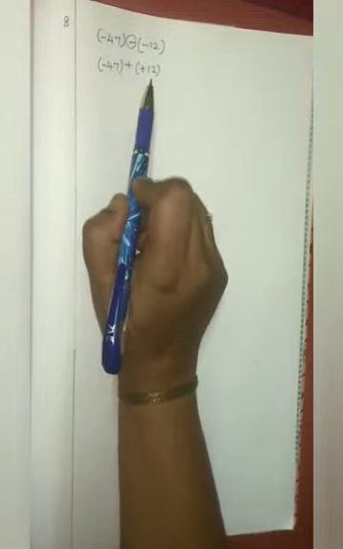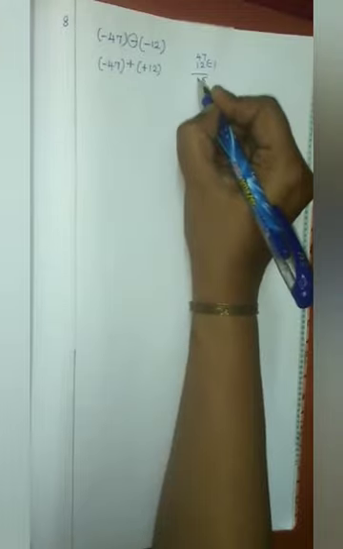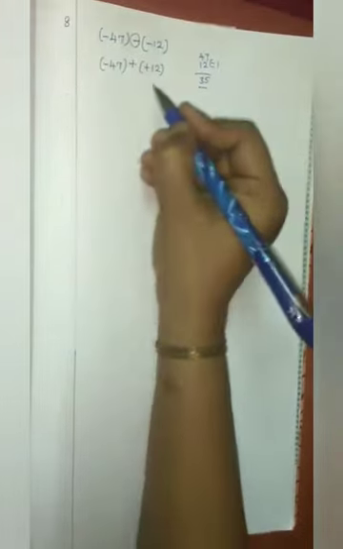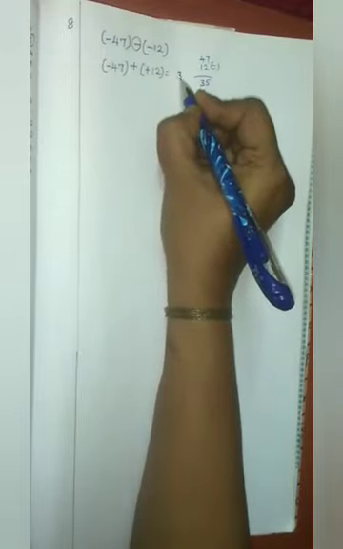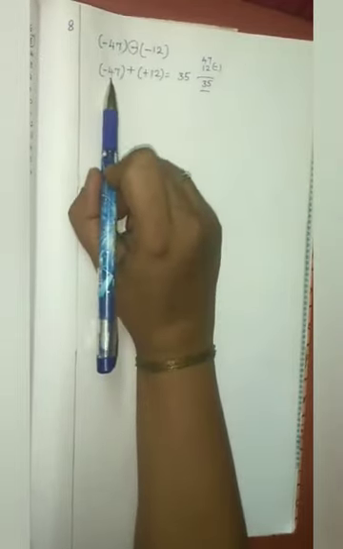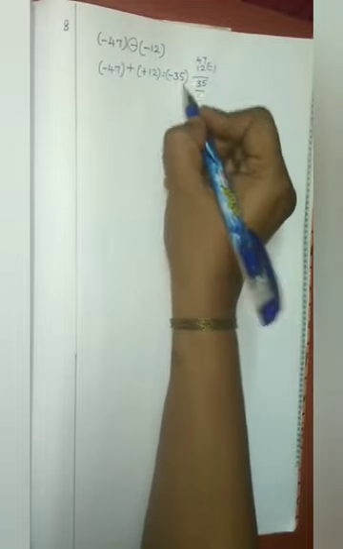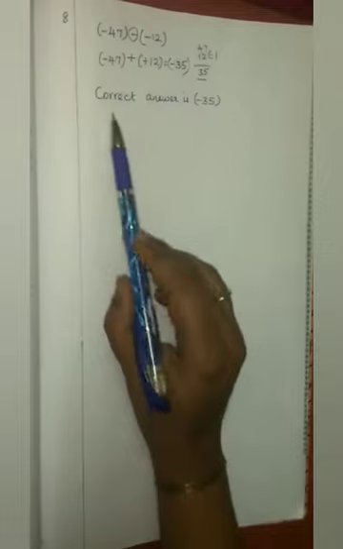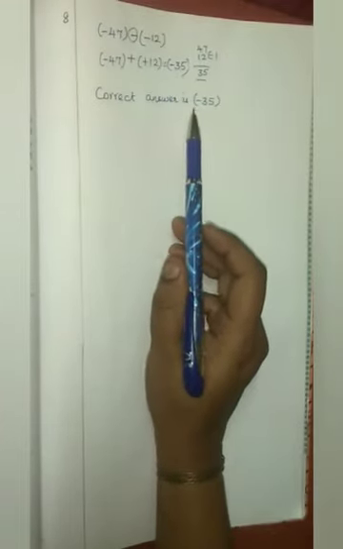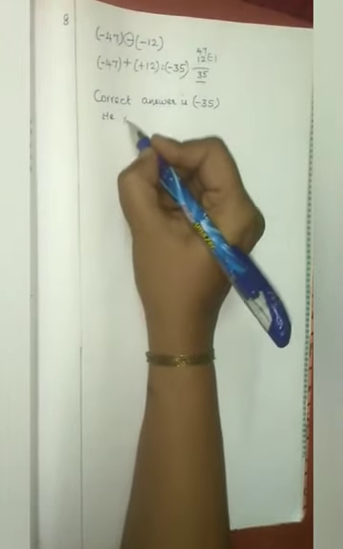In this case, we have to subtract the smaller number from the bigger number. Which is smaller? 12 is smaller. So subtract 12 from 47. What will you get? 35. And put the sign of the bigger number. Which is bigger? 47 is bigger, and in front we have a minus sign. So the answer is minus 35. The correct answer is minus 35. But he got minus 30. So he is wrong.